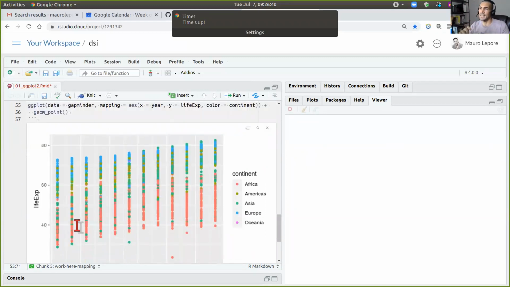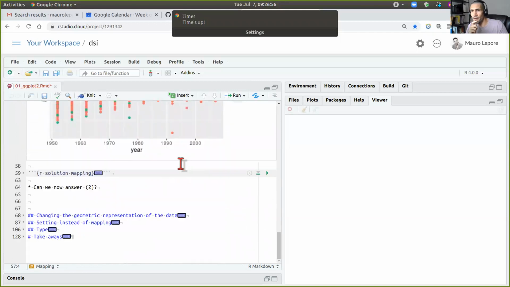And I can see that, for example, Africa is here in red, also increasing life expectancy through time, but lower than, say, Europe, which seems to also be increasing, but kind of higher than Africa. So there is more that I can do here. I can now answer 2, but